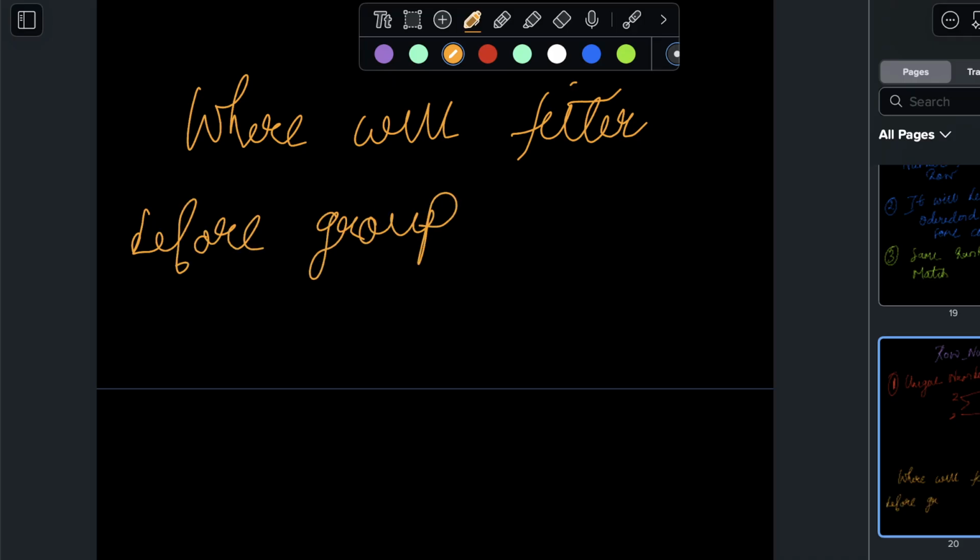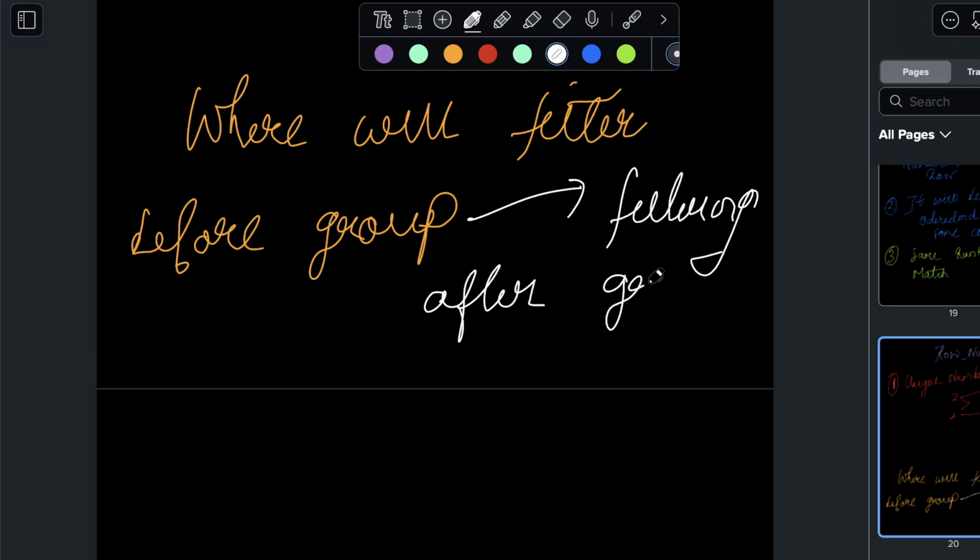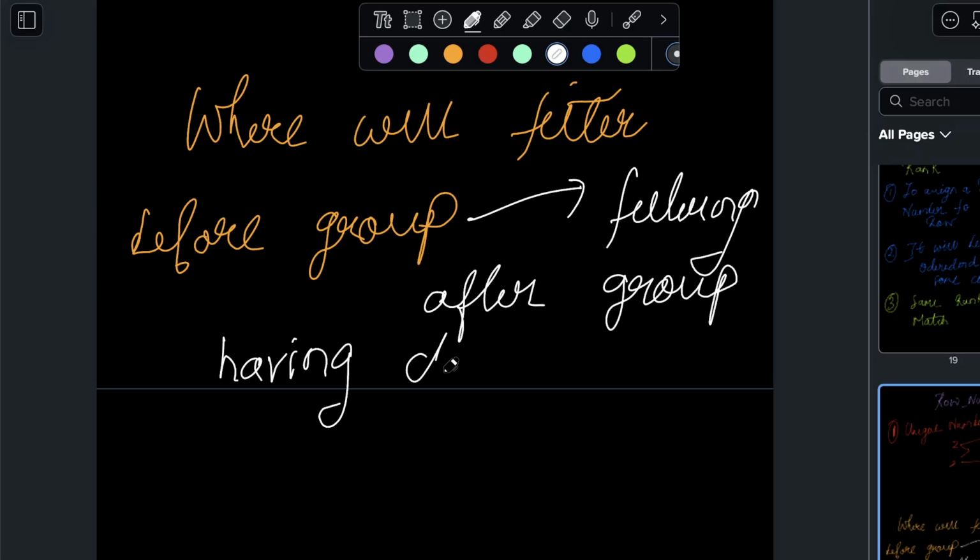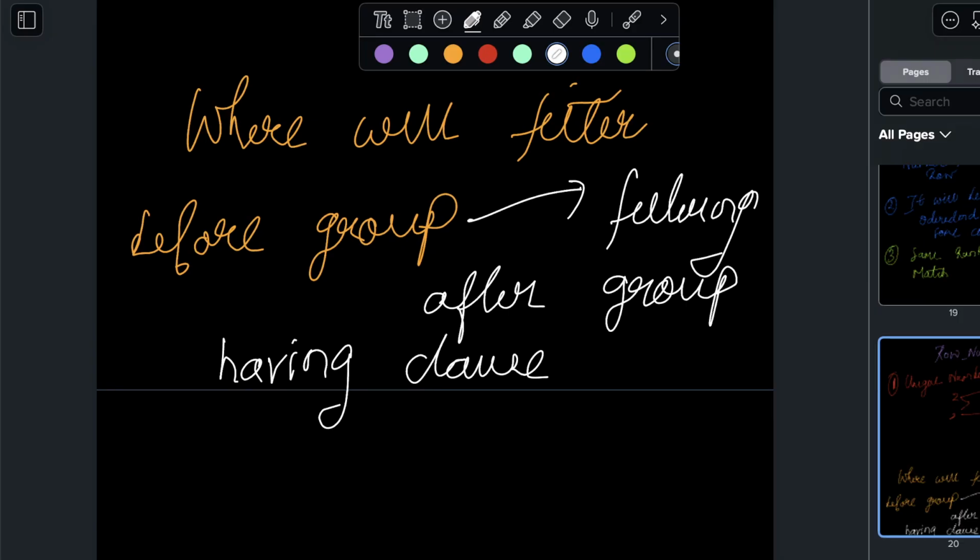Now what if you want to filter after group? We use something called the HAVING clause here. You will be using this quite often in our classes. The syntax of HAVING is: you have HAVING, then after HAVING you need an aggregated column